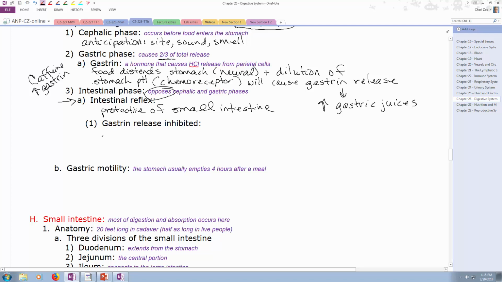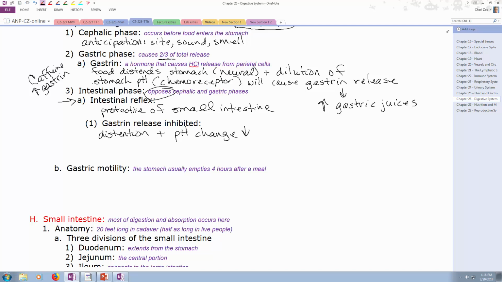So distension of the small intestine. So as we start squirting in the acidic chyme, that's a distension mechanism or a baroreceptor. And then plus pH change. Because in this area, it's constructed very differently than the way we have the lining of the stomach constructed, because it's more for digestion and absorption. And so the pH change, which is a drop, is also going to be stimulating the inhibition of gastrin release,